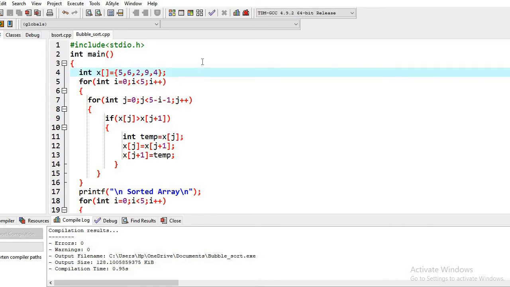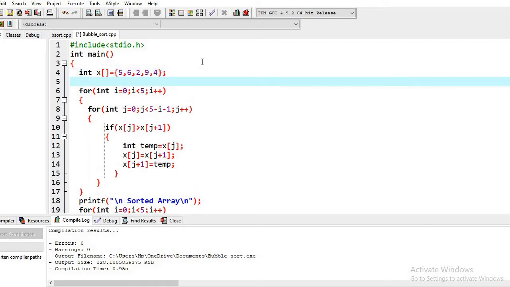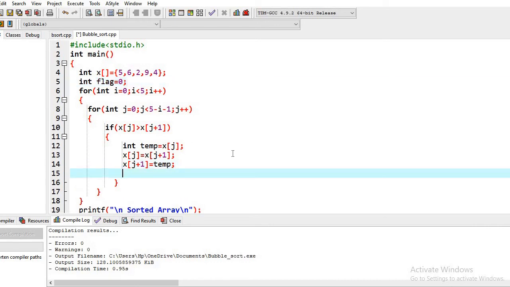So we can add a simple variable. It is like int, and I take it as flag, suppose, and I put it as 0. So basically we can say that we have set the value of flag as false, and here we will set the value as 1.